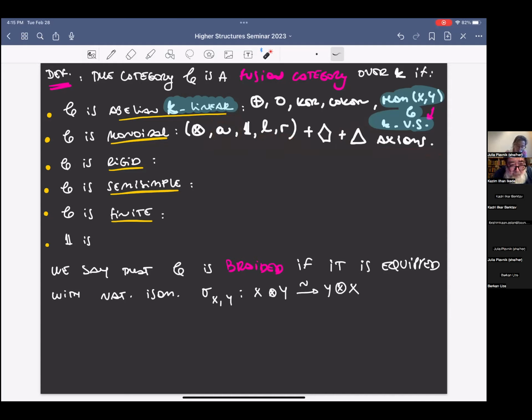So now I will ask for a property. I have my monoidal category and I will ask for a property. I want that every object in my category has a dual. But the dual is not just another object. So for every X in C, I want it to have duals. Actually, I want it to have left and right duals. And why I say it's not just an object is because I also want to have a map that is called the evaluation, and a map called the co-evaluation,